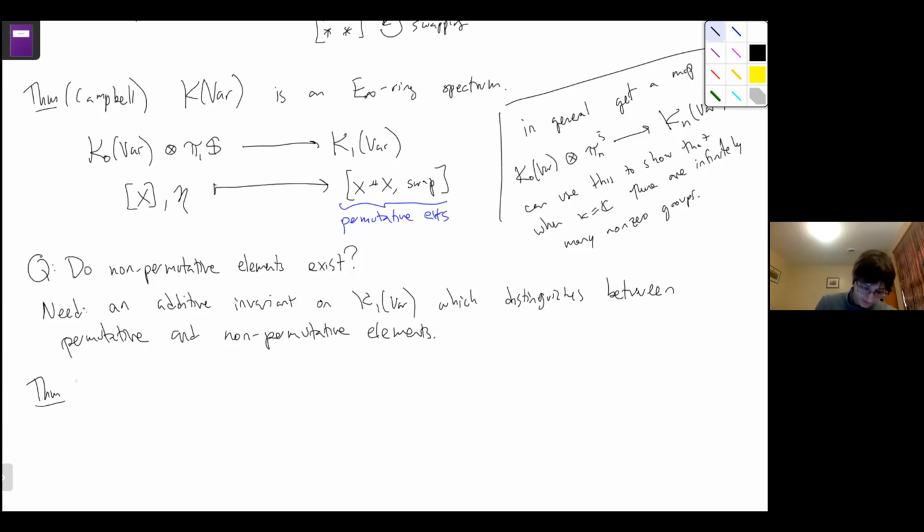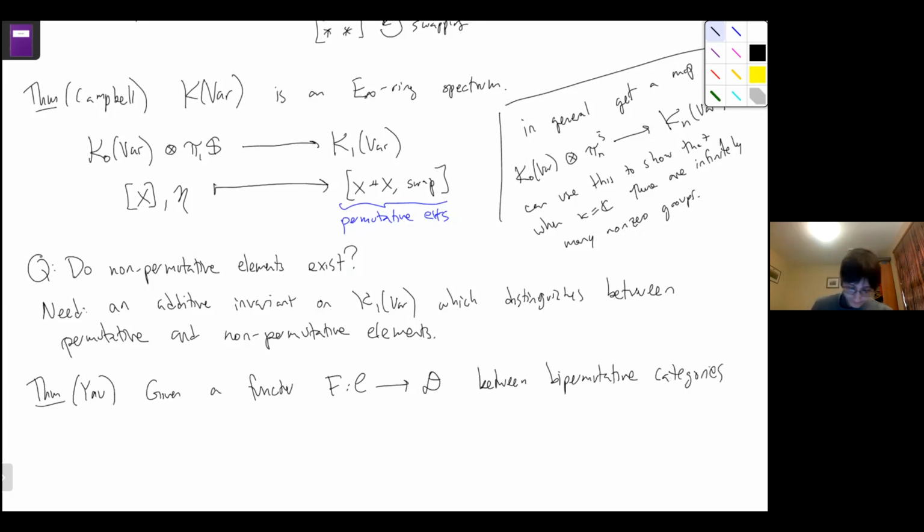And this is a proof from Donald Yao, which says the following: given a functor C to D between bipermutative categories which is strict additively and lax multiplicatively,